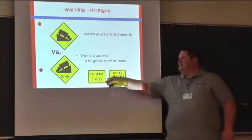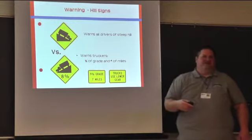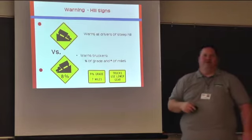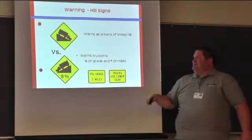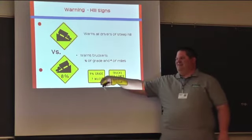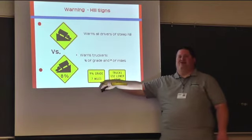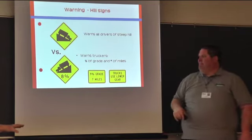What that tells them is they have to select a gear that the motor will help slow them down so they don't use the brakes for 7 miles, because they'll burn the brakes up. That would be very bad. We're typically not going to see this very much in Minnesota. We do have a couple spots. I think there's one in Duluth and a couple down by Taylors Falls, southeastern Minnesota, where it's very hilly. And he said semis, but you have to be